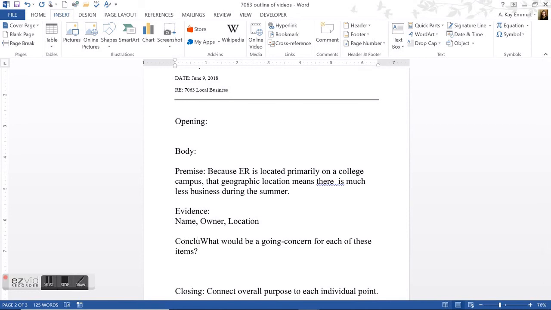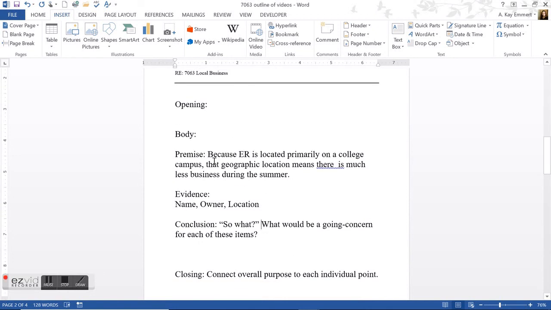So remember from our paragraph video, we have a premise, which is an I think statement, evidence that supports it, and then you draw that to a conclusion answering the question, so what? And the so what is the overall purpose of this memo, which is to identify the going concern.